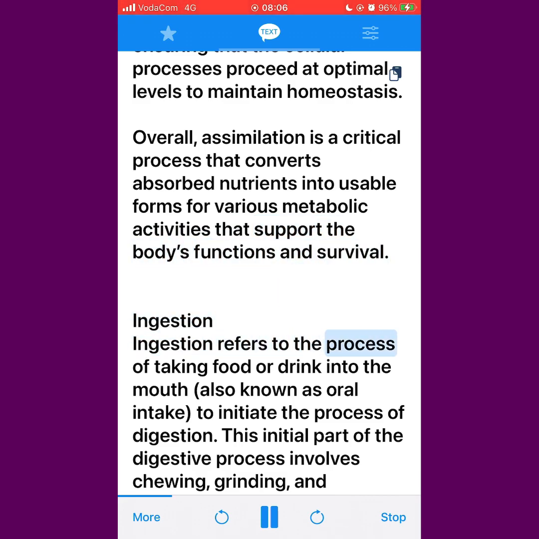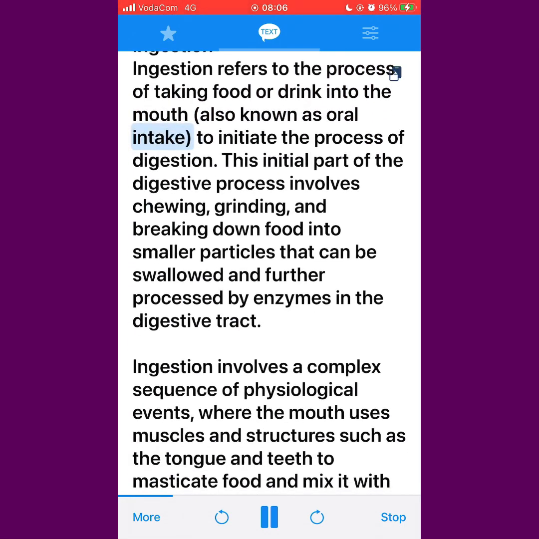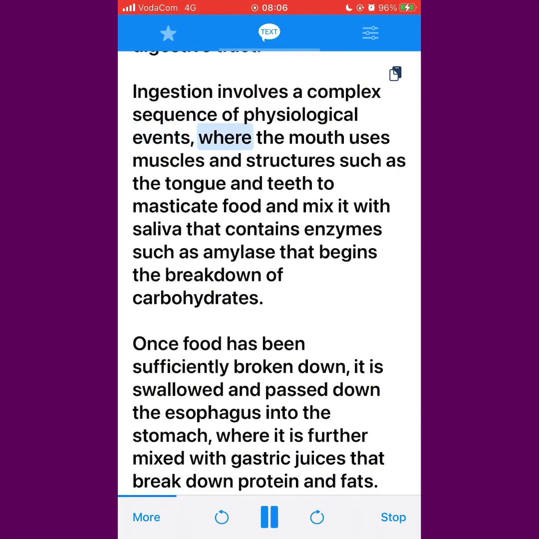Ingestion refers to the process of taking food or drink into the mouth, also known as oral intake, to initiate the process of digestion. This initial part of the digestive process involves chewing, grinding, and breaking down food into smaller particles that can be swallowed and further processed by enzymes in the digestive tract. Ingestion involves a complex sequence of physiological events, where the mouth uses muscles and structures such as the tongue and teeth to masticate food and mix it with saliva that contains enzymes such as amylase that begins the breakdown of